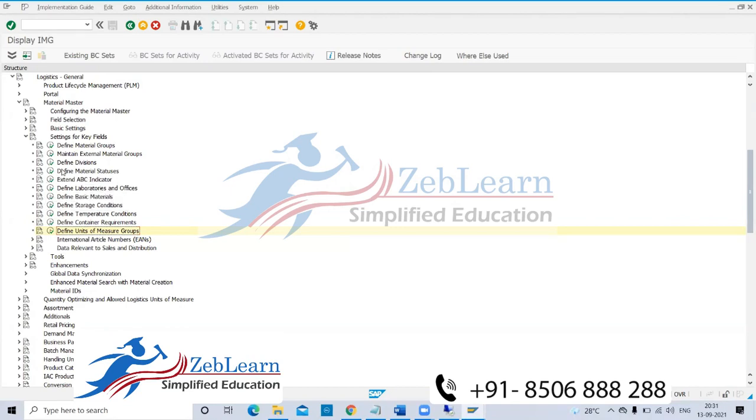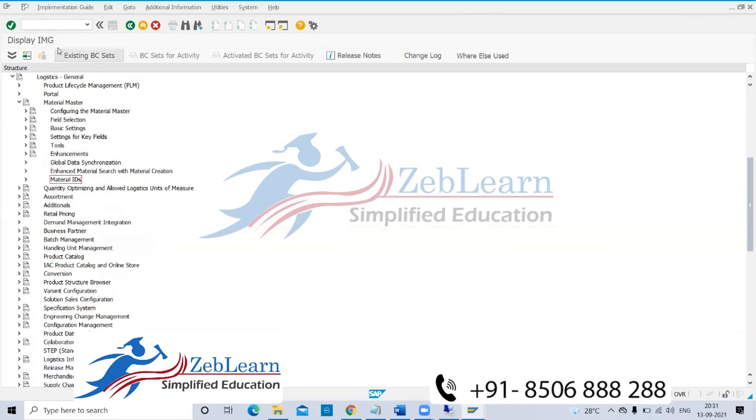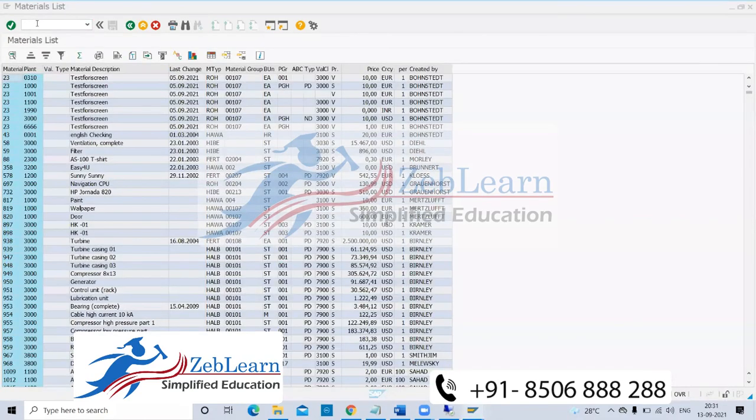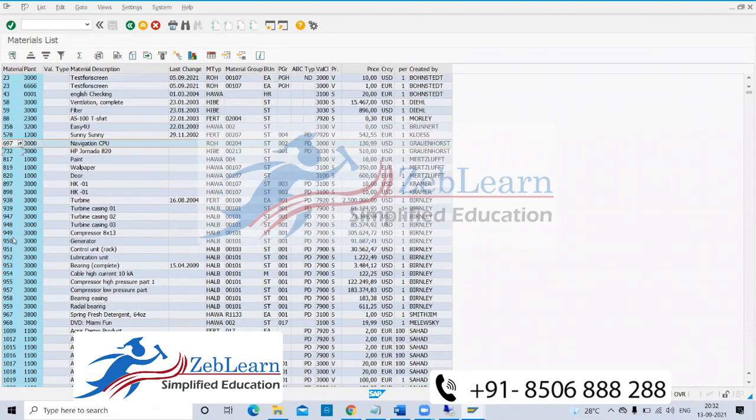Material status and division are not required here. So now we are going to create a material master. See that MM60 screen is open. Now see, this material number is 23,697.